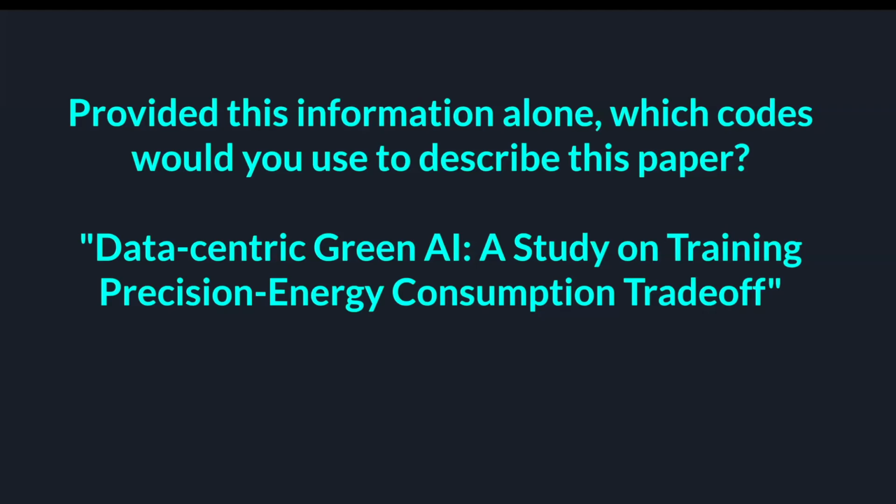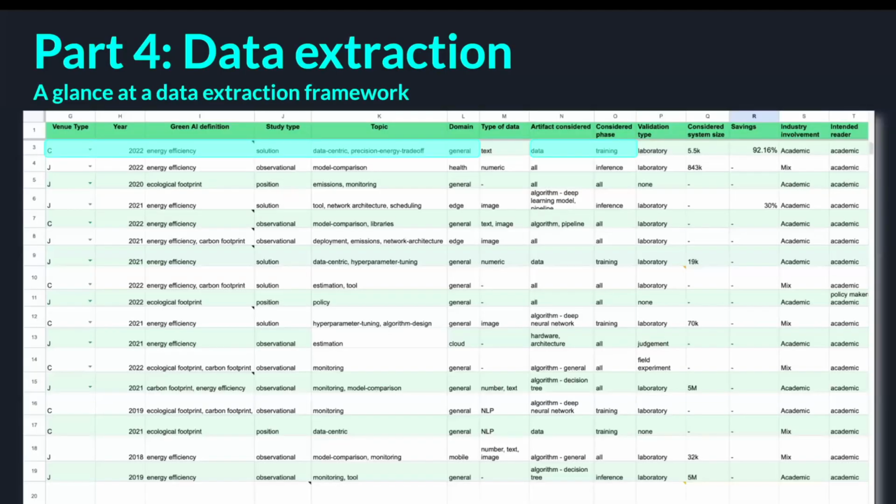Yeah, thanks. So basically, you try to understand the really most semantic parts and say, okay, this is for sure some data-centric, training precision energy, the trade-off I will analyze, maybe that they look at energy consumption and not other metrics. I think that we looked at. And this is basically open coding, and then sure, you have green AI definition, energy efficiency.